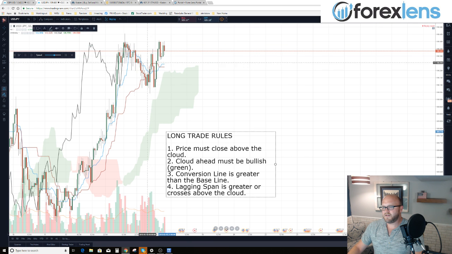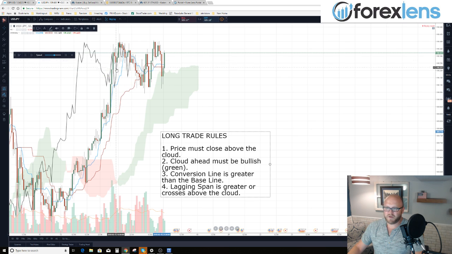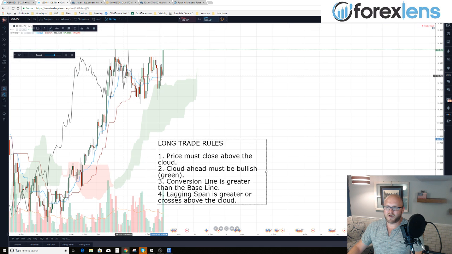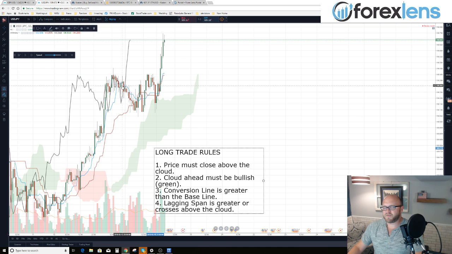And another area for taking profit would be when the lagging span is no longer above price and it starts to come back in. And actually, I just missed something, is that if we enter into situations like we just saw here,